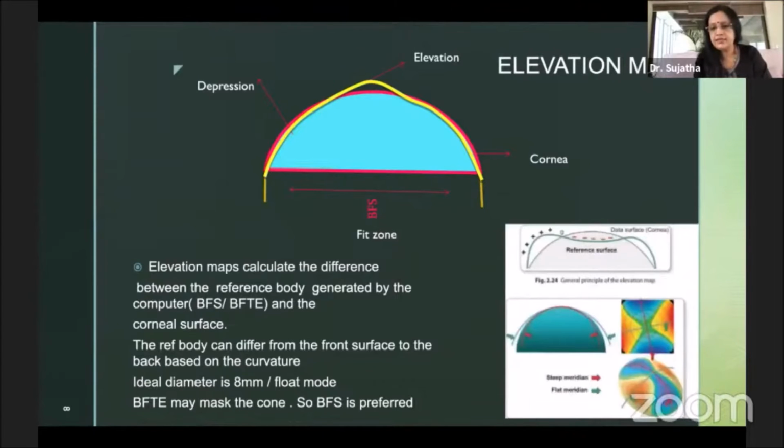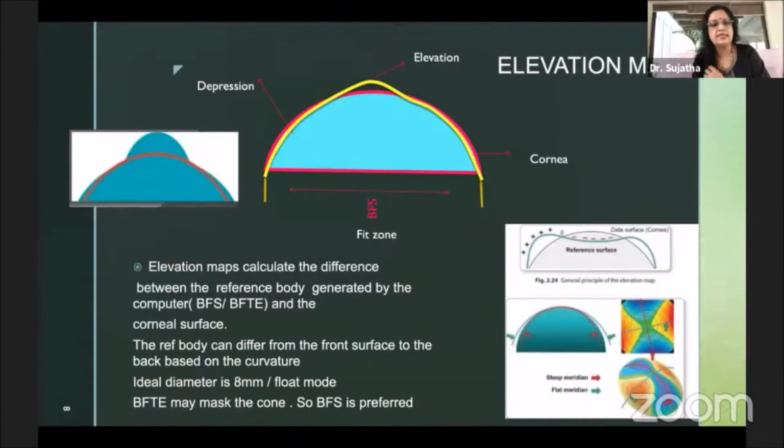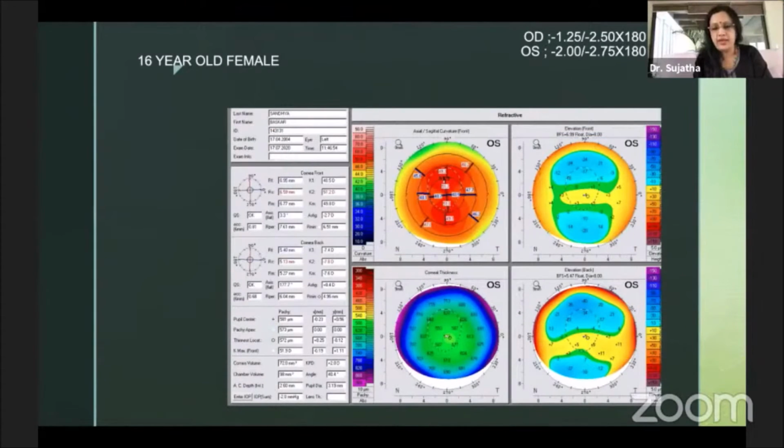This is again a representation showing the steep and the flat meridian. The enhanced display excludes a 3.5 millimeter zone of the thinnest cornea, so that the reference surface changes based on the exclusion, and you're able to identify the cone in a better fashion. Looking at these 4 maps, you can see this is a 16-year-old female who came to us with slightly blurred vision. This looks like a decent map, except that she has a steep cornea of 51.9, but the thinnest pachymetry was 572.